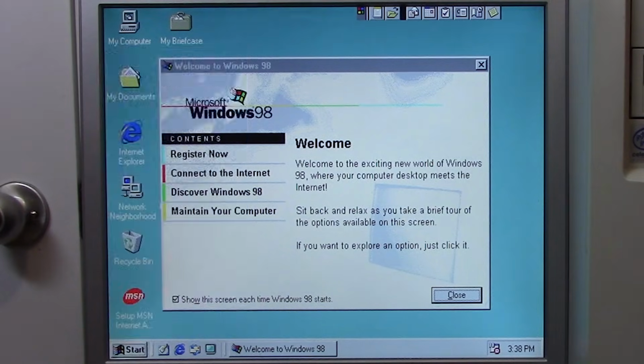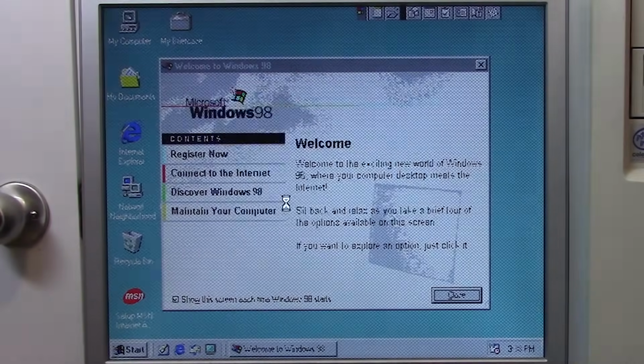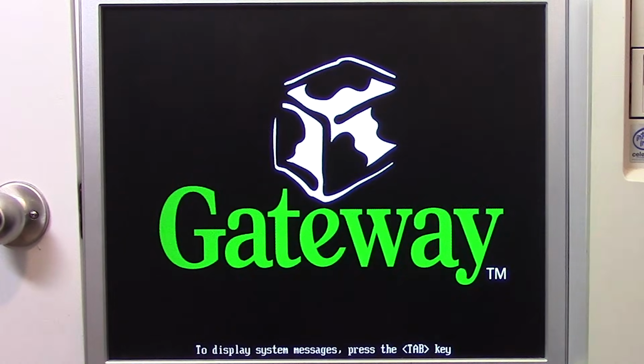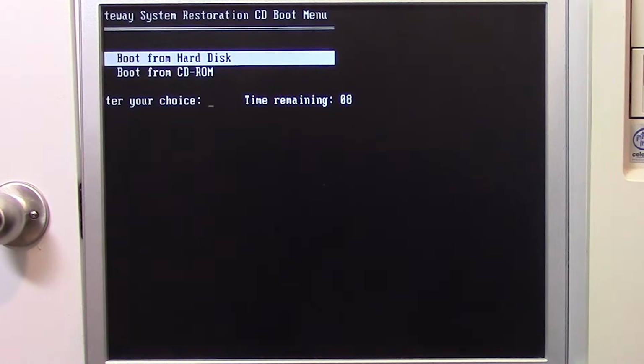We're going to go ahead and just do a shutdown. We're going to restart the computer, and when it asks us to boot off of this CD, we're going to do so. So it should ask us right here if we want to boot off of a CD. It's doing the floppy drive seek right now. You can see that the light's on, and right now it's checking the CD drive,